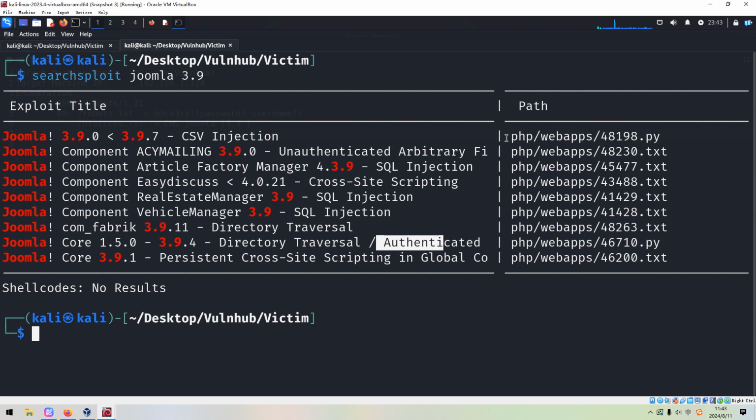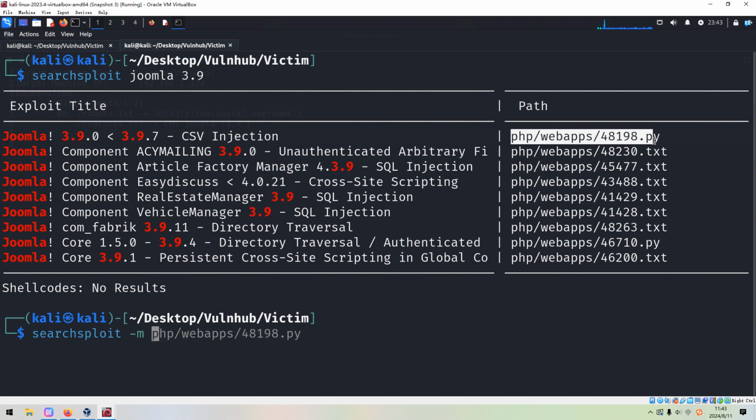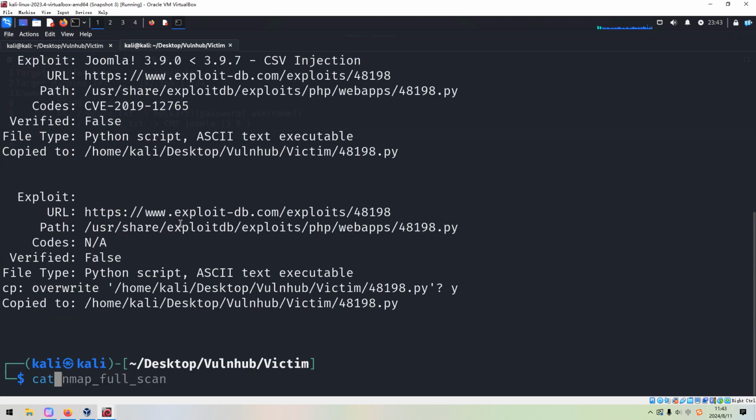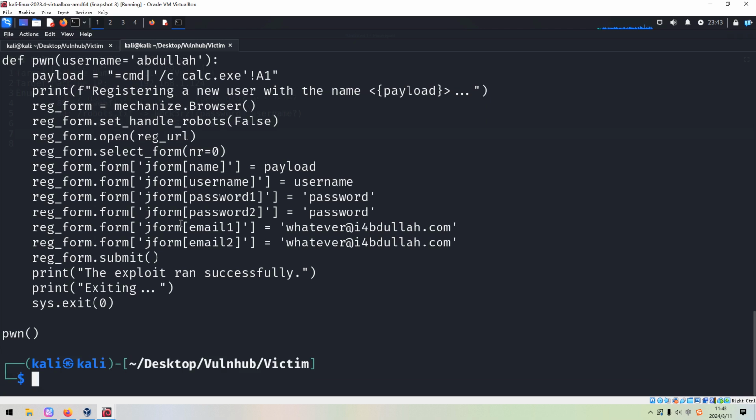So maybe we can copy this code or exploit from this path. This is a relative path. We can get out this file.